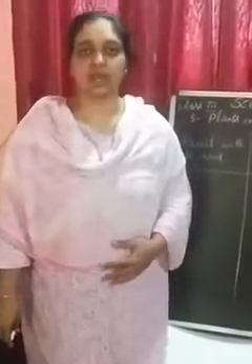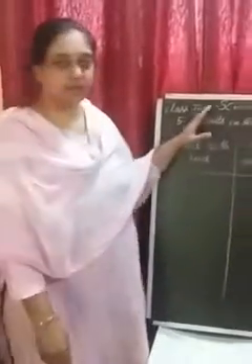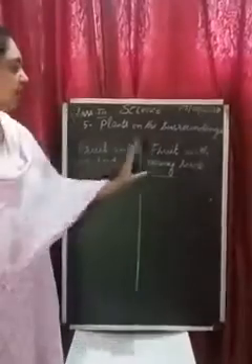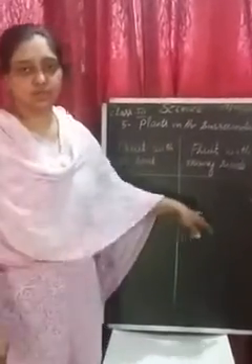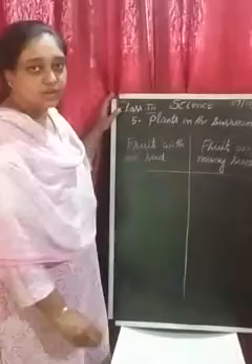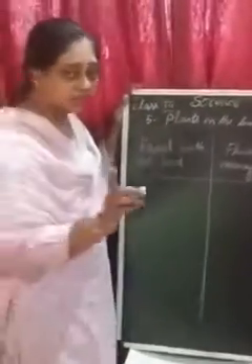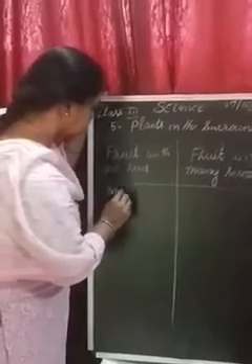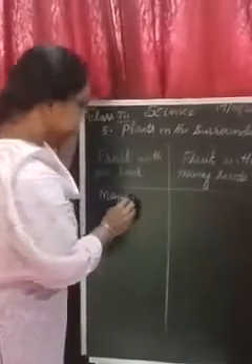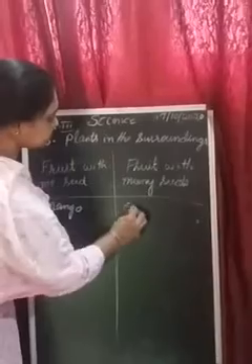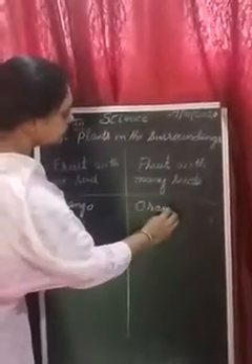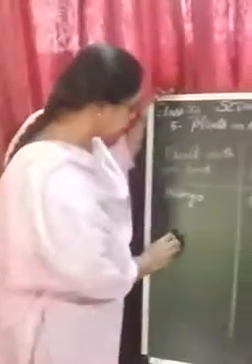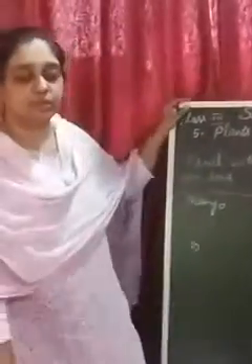As I told you, children, in the video itself, you have to make two columns, fruits with one seed and fruits with many seeds, and write the names. For example, I am giving one. Here, one seed, mango, having only one seed. Here, orange, orange having many seeds. Like that you have to give at least 10 fruit names.